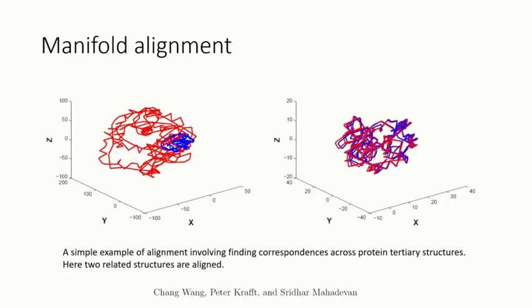Then you can imagine you will have a network information, from one to another, which one is linked to another. And then you have this for the blue molecule. Then you apply manifold alignment to that algorithm. This algorithm will put the blue and red together. Just quickly to give you some idea, you have the red structure in